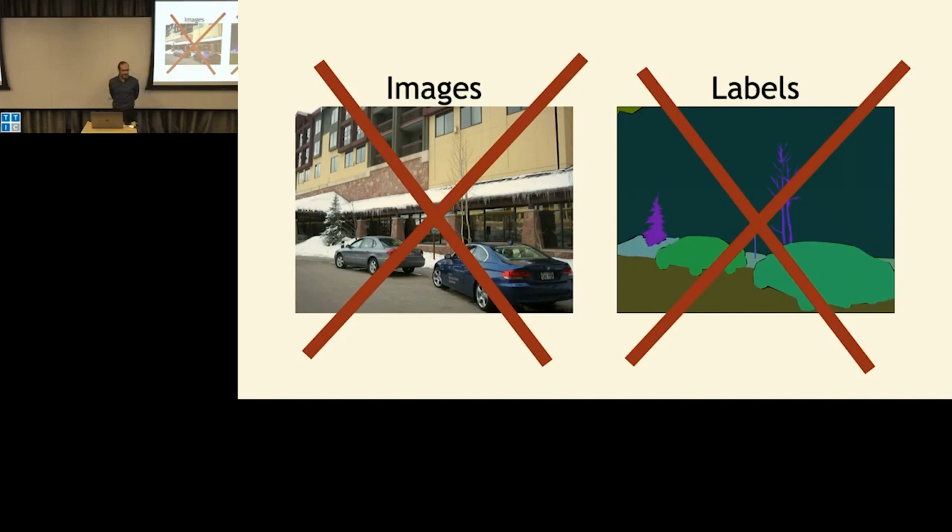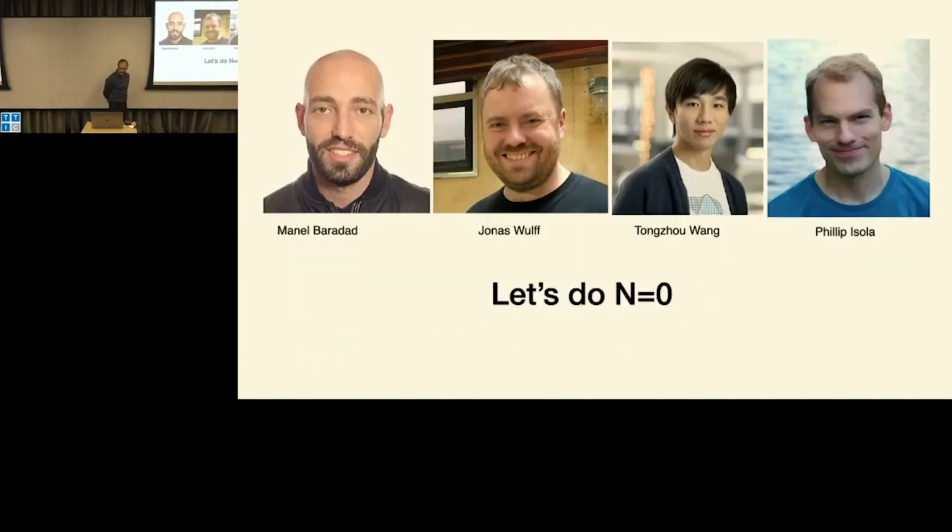So now the next 20 minutes or so is the crazy part of the talk. This is a project that we started with Manel, John Aston, Sue, and Philippe, where we wanted to do learning with n equals 0. People in AI have always been talking that the most interesting training regime is when n goes to 1.